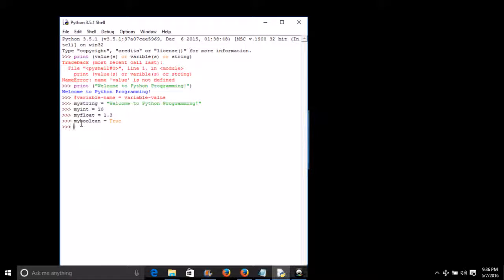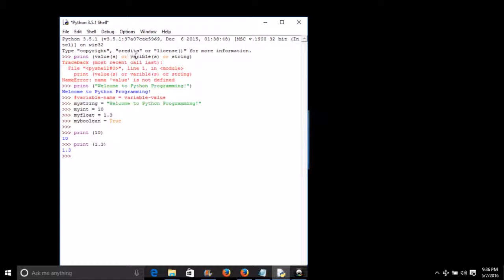So now we will combine the basic printing and basic variable. As we said above, print also accepts values. For instance, we can print 10 like this. It will just type out 10. If you print 1.3, it will just type 1.3. So this is print accepting a value or values.